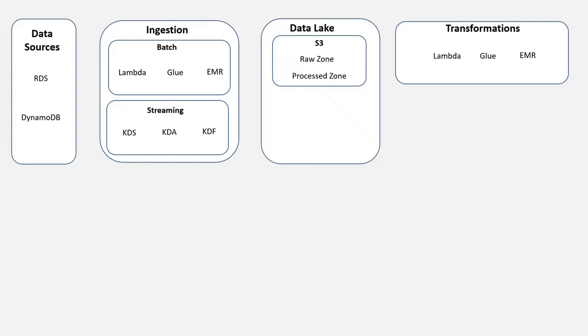To achieve this, we have another service called Glue Data Catalog, which is within the AWS Glue service, and it will help you track where your datasets are in the data lake and also maintains a schema of the datasets. It's the AWS Glue crawler that extracts this information and makes it available in the AWS Glue catalog. We can also run these crawlers periodically to make sure our catalog is up to date. Let's suppose a new column has been added to a dataset, then this Glue crawler will update that information